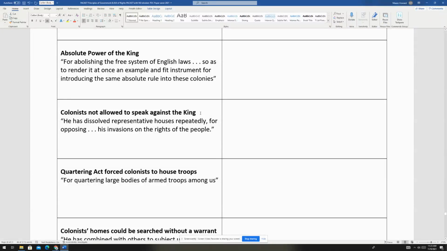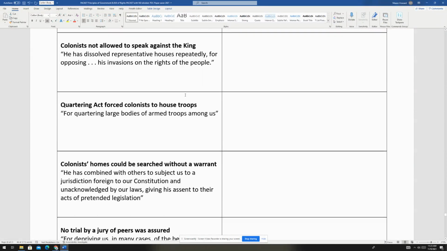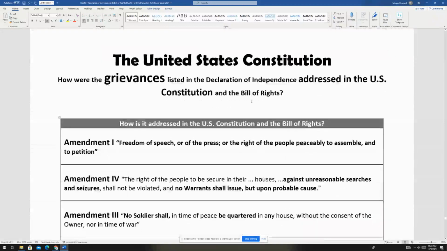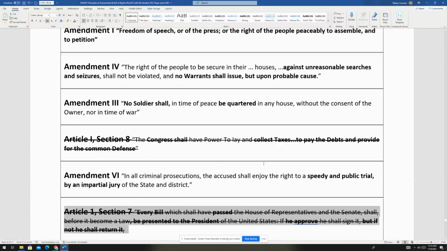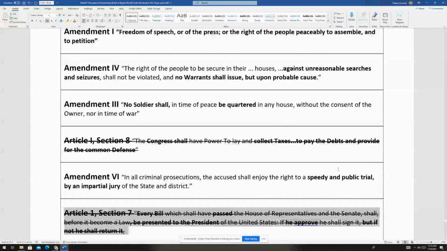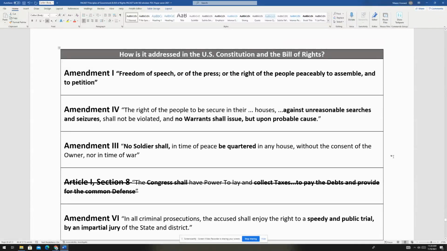Well, can people say bad things about the president today? Oh, yes, they can. And oh, yes, they do. It is our right to criticize our leadership. We are allowed to do that. So, which one of these in the Constitution makes sure we are allowed to criticize the king? The king, sorry, we don't have a king, the president. Which one gives us the freedom to say what we want about our government? Which one? Blurt it out. Amendment 1, we put freedom of speech into the Bill of Rights, which is part of the Constitution.